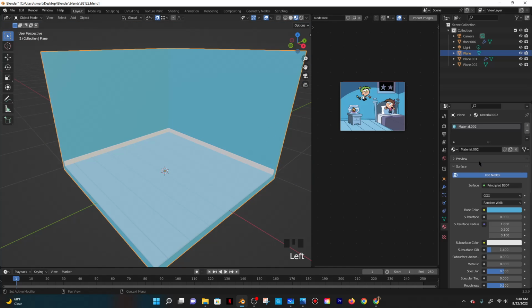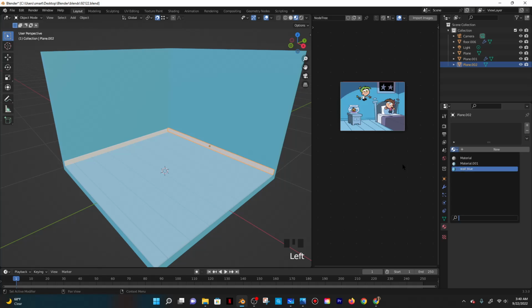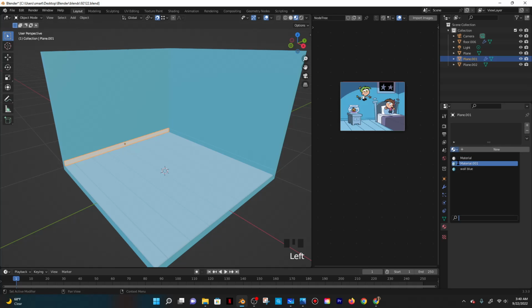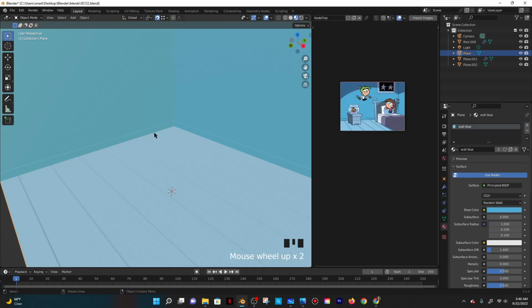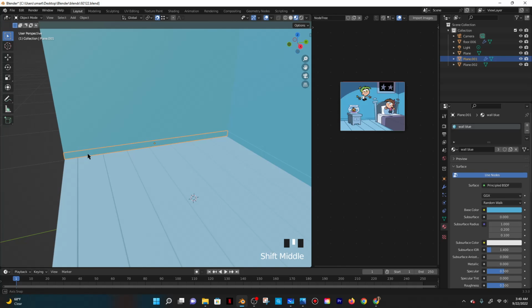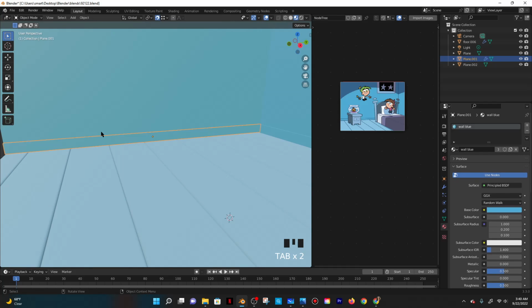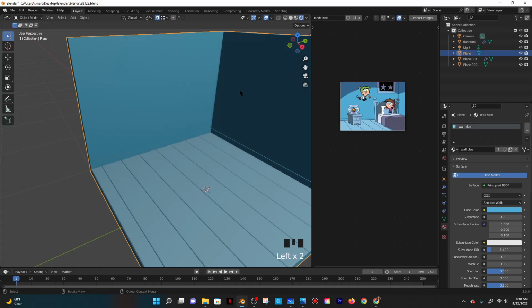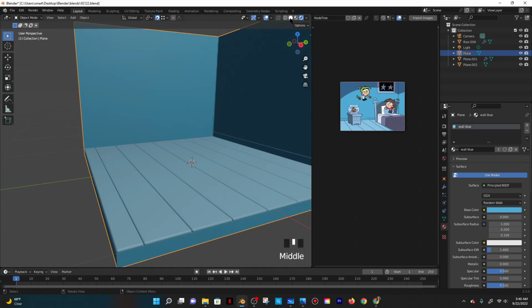So I'm gonna go to the material properties, call this wall blue, and then I'll just grab these and give it wall blue. Although what I would want, what the heck? What I would want to do actually is, well, you know what? I think it's fine. Although I would want the edges at the top to have like a black border, but I feel like that's just a 2D element, not a 3D. Maybe you'll be, yeah, you could see it here kind of. Anyway,